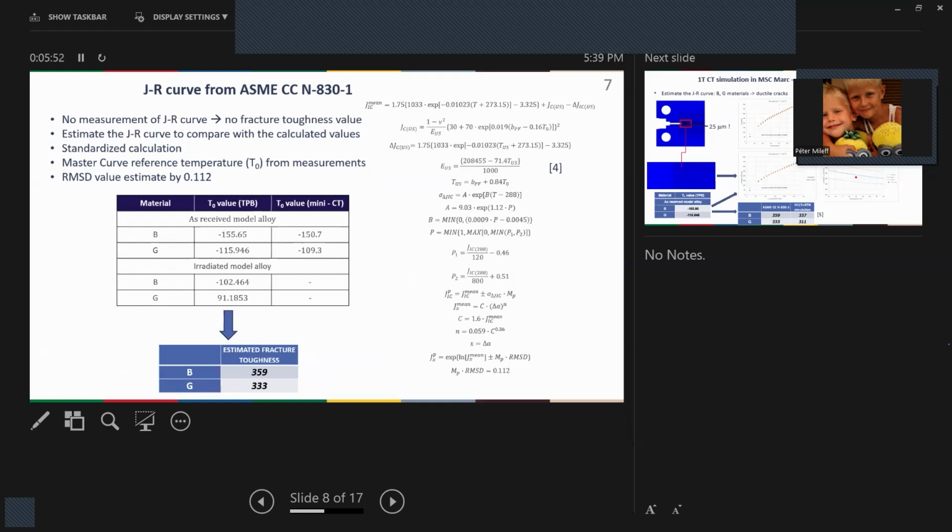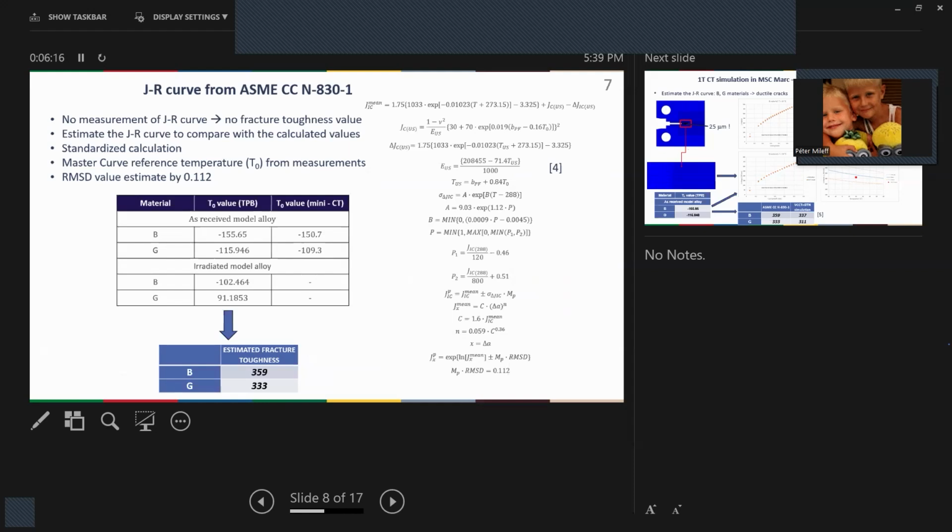In the beginning of the study, we wanted to compare our fracture toughness results with the real measurement, but we didn't have any measurement of the GR curve. Therefore, we had no fracture toughness values. Because of this, we had to estimate the fracture toughness values with the standardized calculations from Ashman, as you can